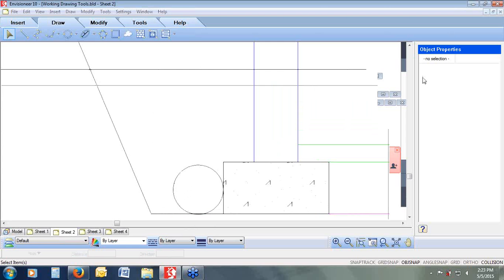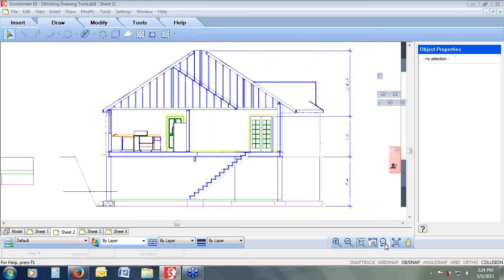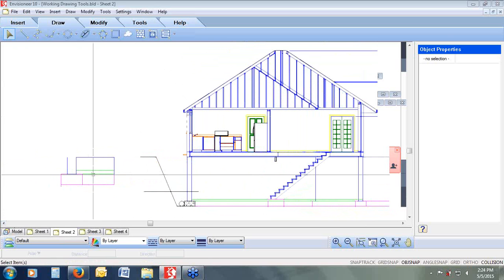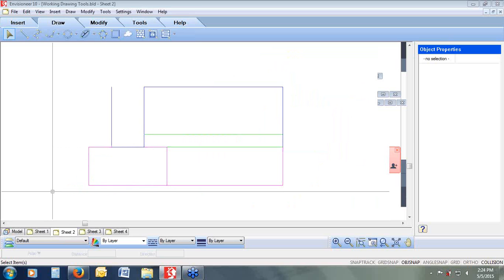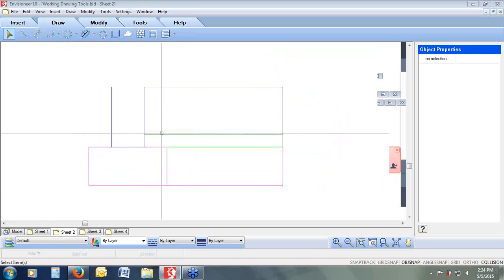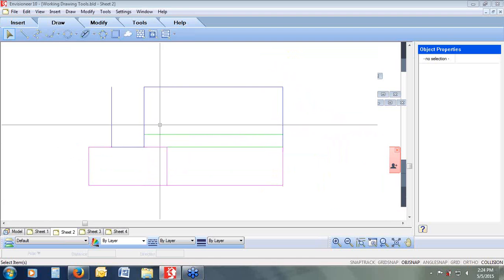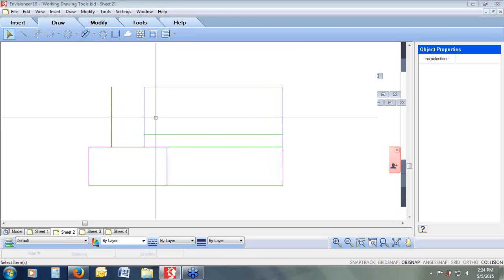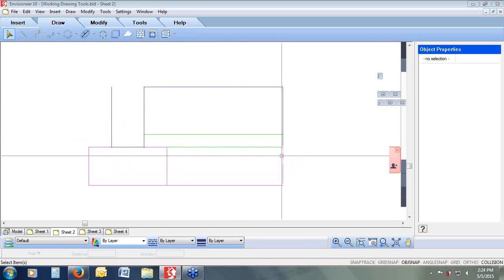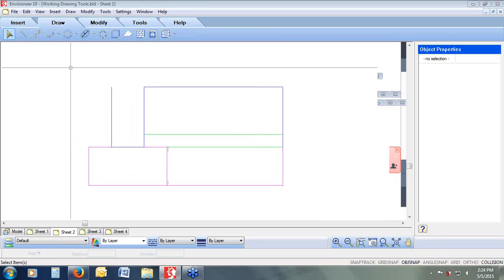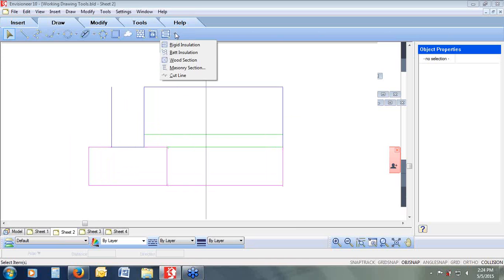Next on, I'm going to zoom back out, and I'm going to come over to the side here where I've blown up a detail of that same footing. So in this blown up detail, I want to do a couple of things. One, I want to add some further detail. I want to show that there's stud wall coming through, so I might put a cross section in there, some batt insulation, some rigid insulation underneath the concrete slab that we have. And then I want to point it to look towards the original footing so that it's got a blown up detail looking at it. So to start with, I'm going to come over to our details,